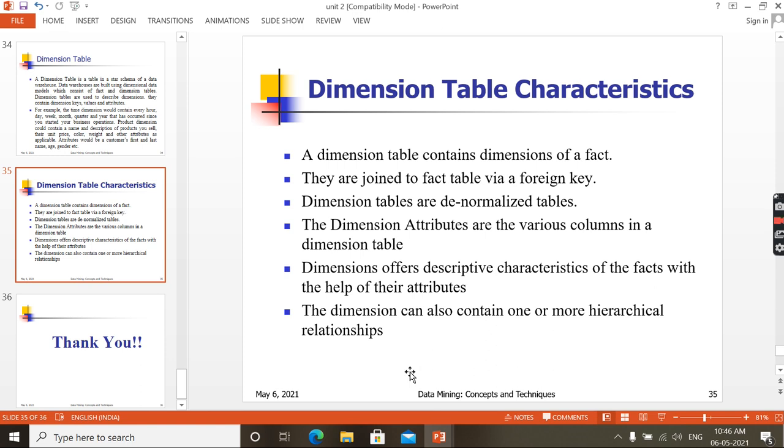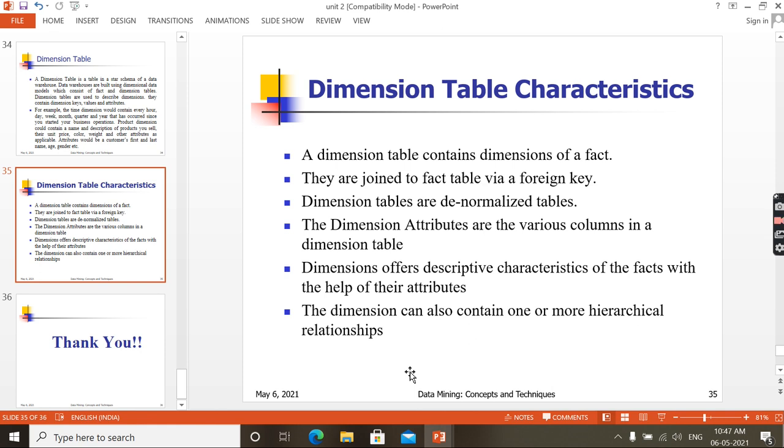So I hope you understood the difference between the fact table and the dimension table. Fact table is nothing but the central table. It is an entire application. So it contains foreign keys and measures. Foreign keys are nothing but to represent or connect to the dimensions. Each and every dimension table contains the primary key and several attributes. Using this primary key, it acts as a foreign key in the fact table, and the dimension table is connected to the fact table by using this key. Like that, several dimension tables are connected to a single fact table.